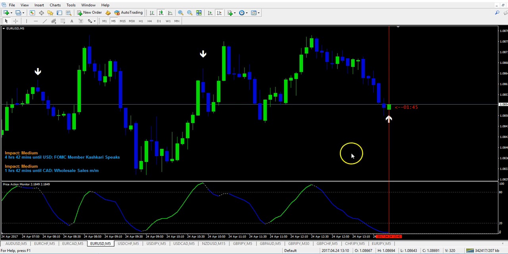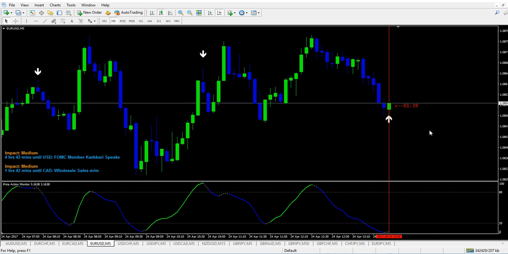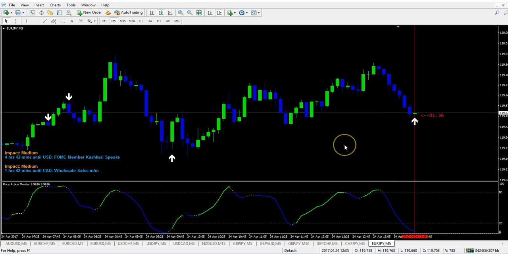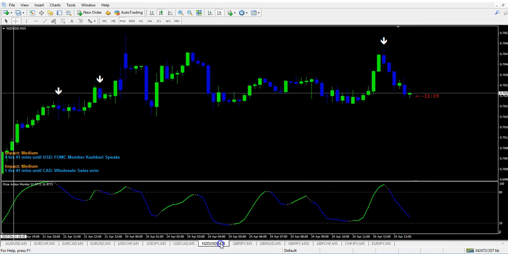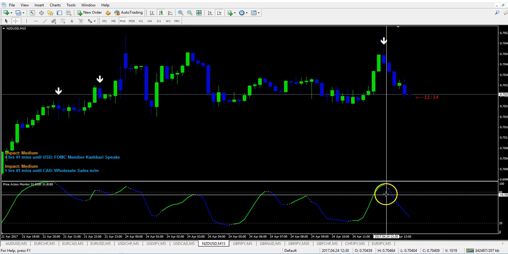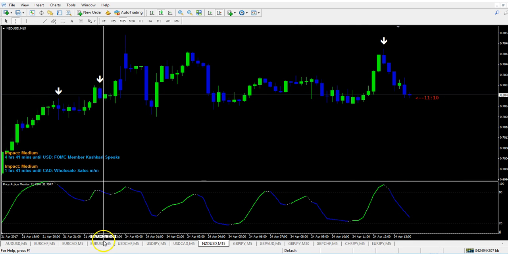Here, this would be in the money, Euro USD, you see, and this one still, yes, the reversal is starting to go up. As I said, you can use it on 15 minutes too. You see, the same system, same rules, one candle expiry and wait for the confirmation like here, and that's it.